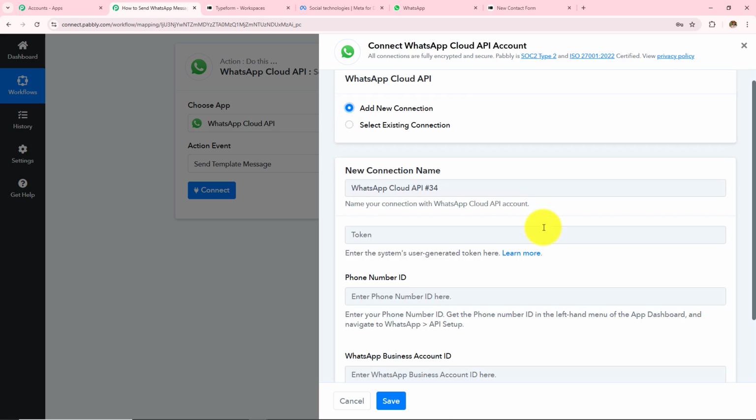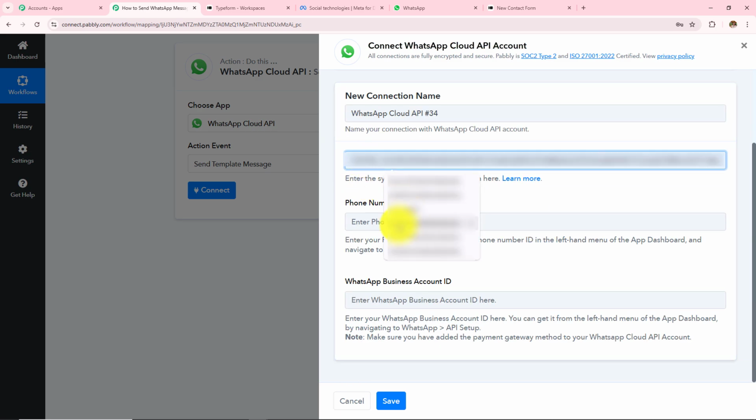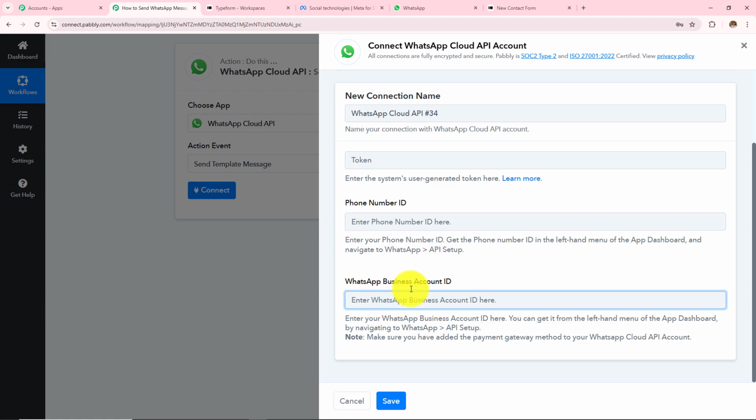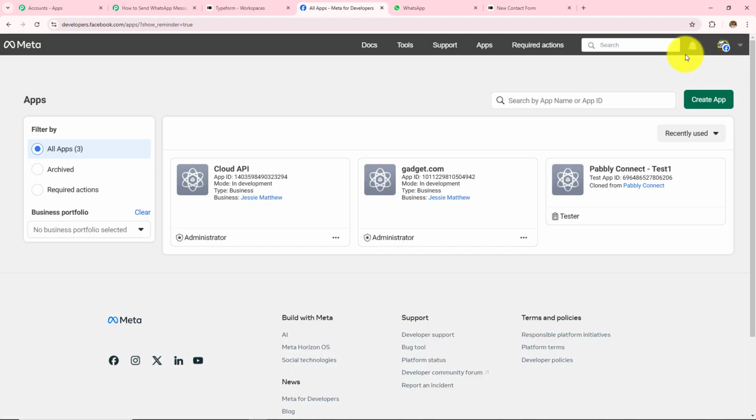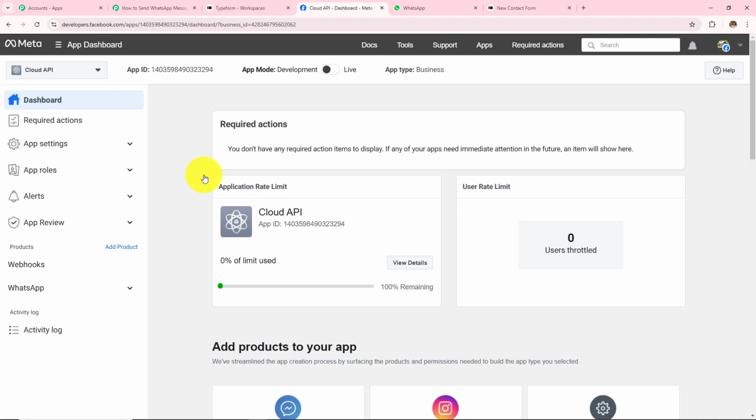And now to make this connection, we have to enter the token, phone number ID and the WhatsApp business account ID. So to get this, we are going to open Meta for Developers. So this is the app dashboard of Meta for Developers, and you can visit this simply by typing developers.facebook.com in your browser. Now after browsing this website, I need to go to My Apps in the top right corner. And then I have to select my app, and then on the left hand side I can see this WhatsApp option.